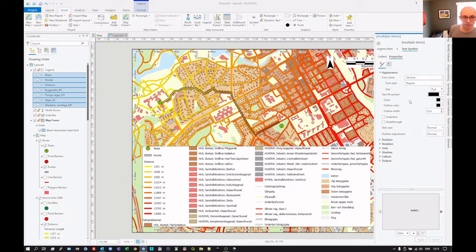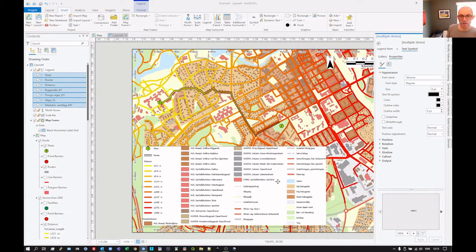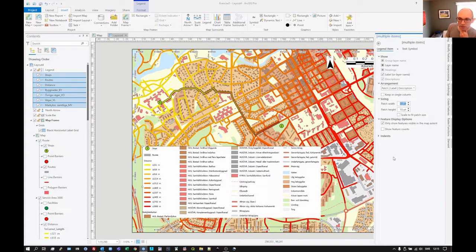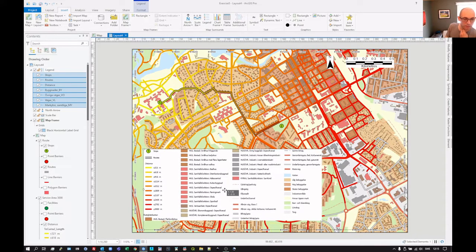I can change the type of text that we want. We can make it even smaller. So we start adjusting things, and it still feels like a bit of a mess. What else can we do? In terms of legend items, patch width, patch height, we could try reducing this sort of thing. We can take that down and take that down. That makes those smaller. But we've still got this large, oversized